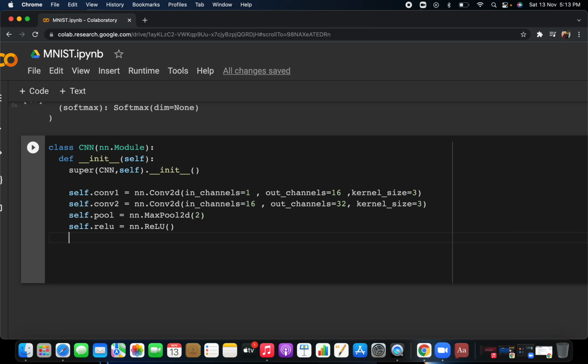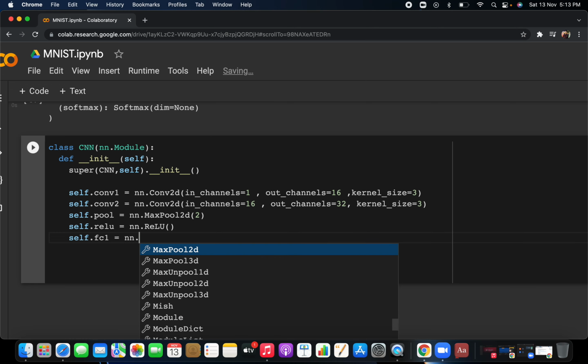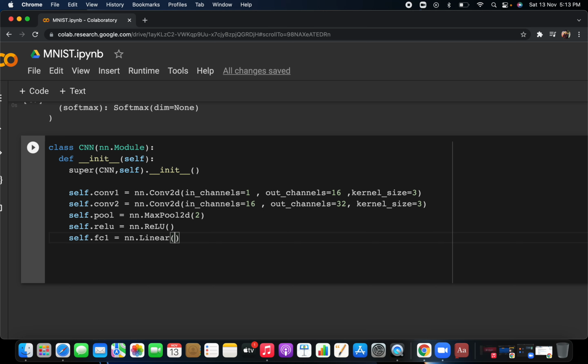But you have to do one more thing. I already told you about the fully connected layer, that is the ANN you will use in the CNN as a hidden layer. So you are creating the fully connected layer. After extracting the most important features from that image, you will pass all of it to the ANN so that the model will train. For that you just create a linear layer. You can just write linear, and here you have to pass